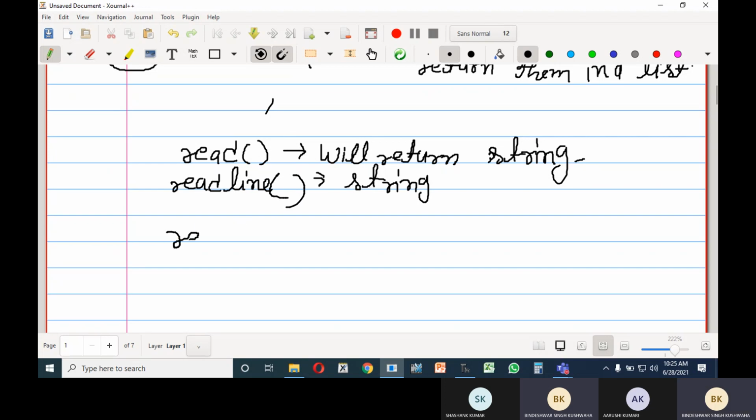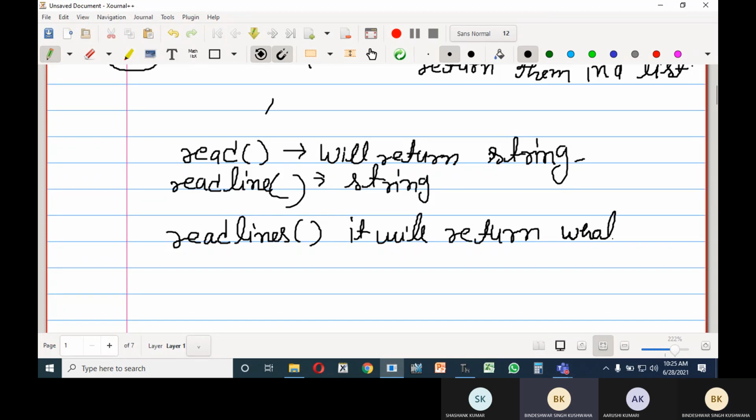But if you write readlines, it will return the whole lines in the form of a list.